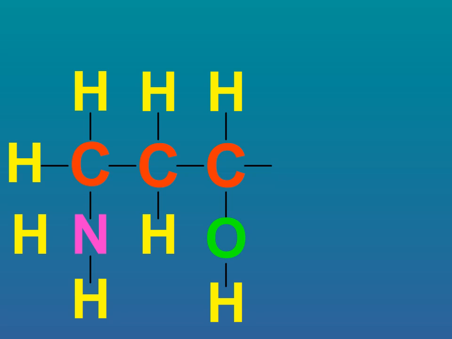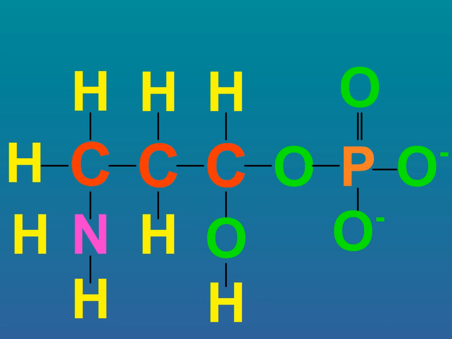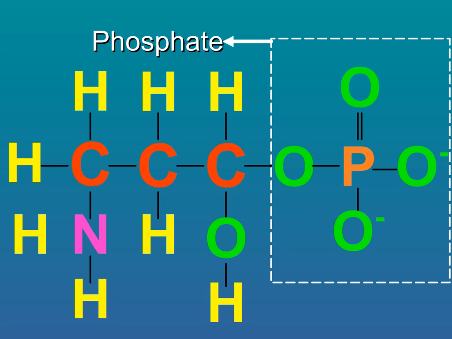What is this group? Yes, hydroxyl. And what property does it have? Yes, the oxygen is highly electronegative and makes the group polar. And what is our last group? Yes, phosphate. And phosphates have high energy bonds connecting the functional groups. These functional groups can give molecules interesting properties,